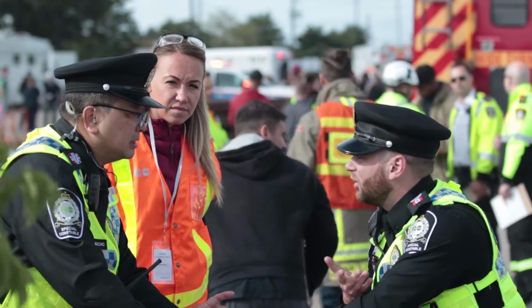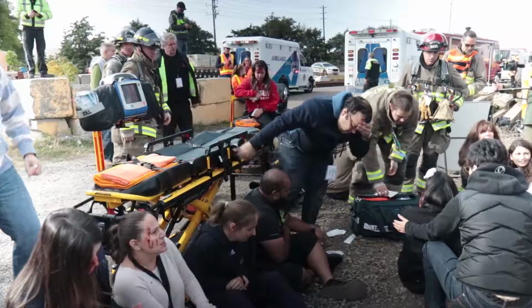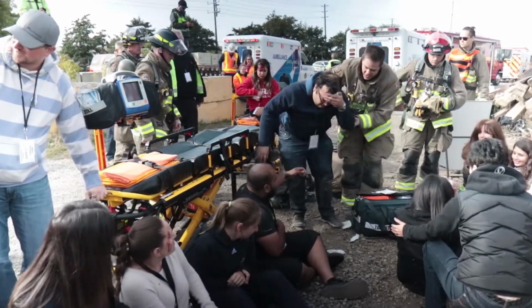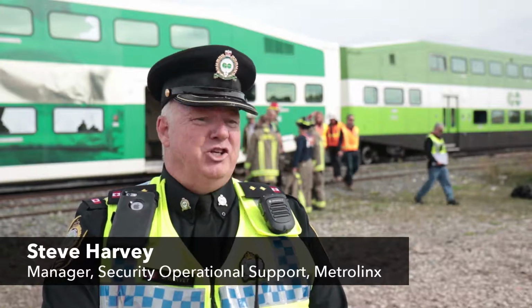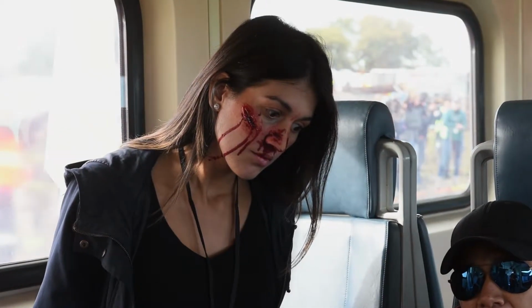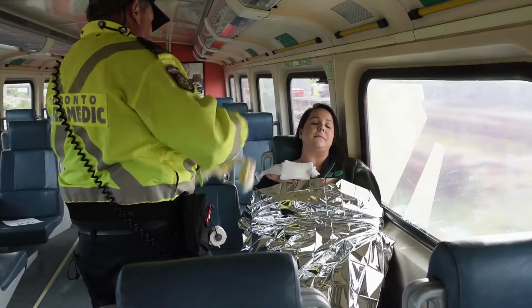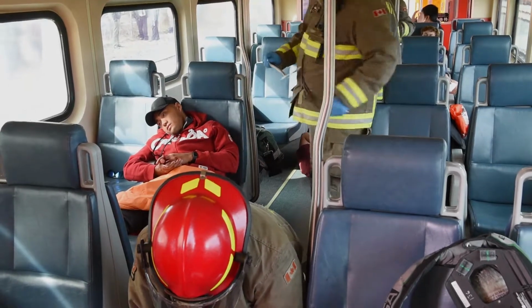Metrolinx brought together the exact same first responder teams that would be called to handle a real-life crash and its victims. Amongst the 150 people, there was also a number of people that were identified to have injuries or some sort of circumstances. Volunteers were assigned roles to play, each with a different type of injury. Some were directed to portray delayed medical reactions,